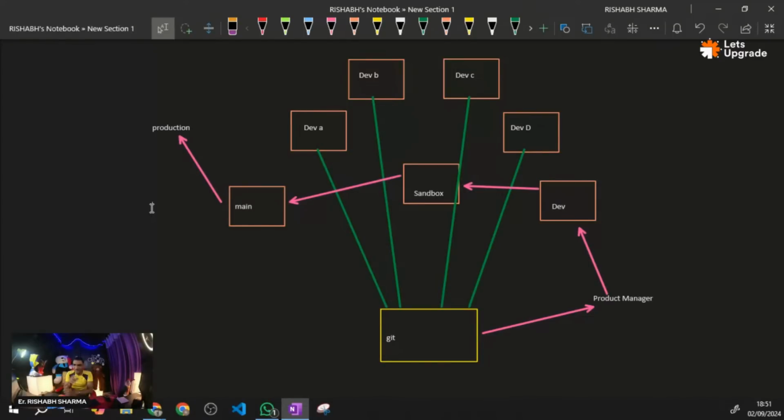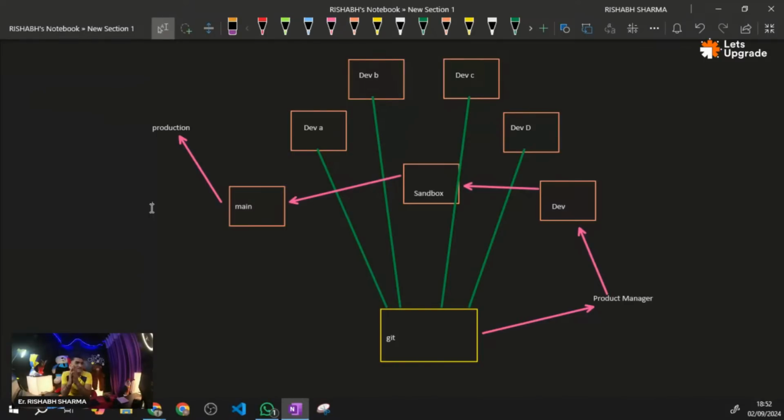Now this project manager will review each and everybody's code and will merge the code, and once it has merged the code, it will upload that code to the dev branch, right?